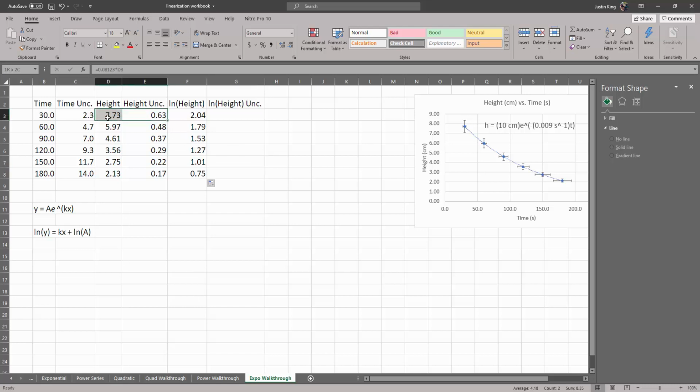And so what we have to do is figure out what's the percent uncertainty here and apply that percent uncertainty here. And here's how we'll do this. We're going to say that on the data booklet, it tells you delta y over y. Well, we're not using an actual equation there, but we're using the idea of percent uncertainty. The uncertainty of a value divided by the value itself is the percent uncertainty. So we're going to say that the percent uncertainty of ln height divided by the natural log of the height